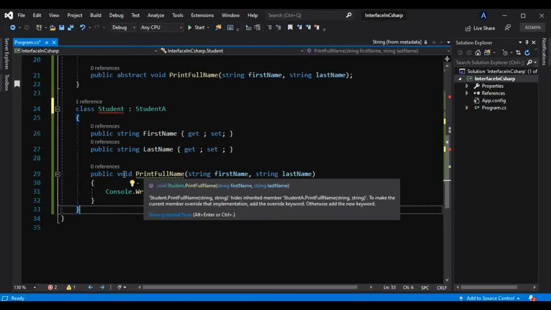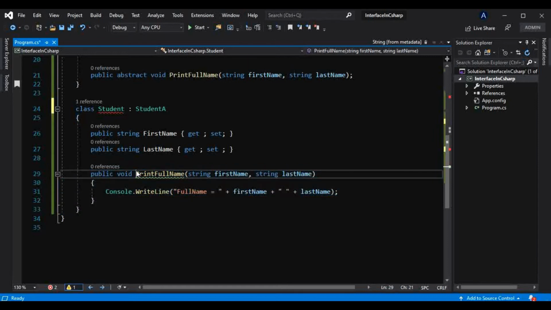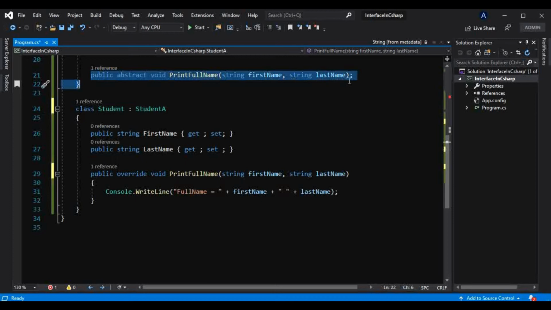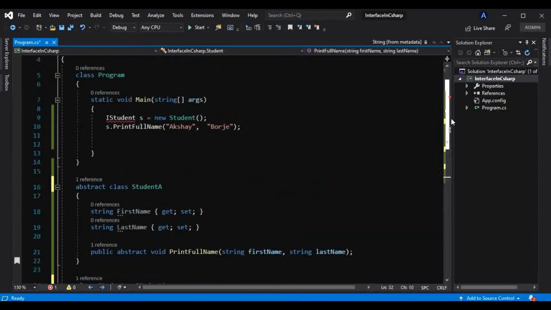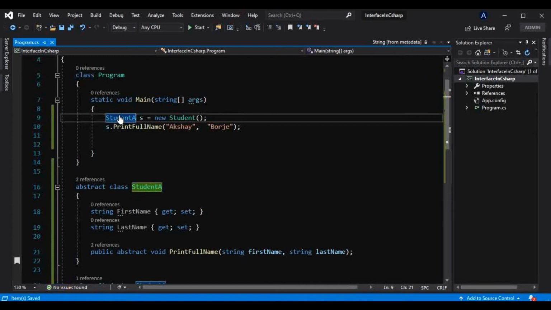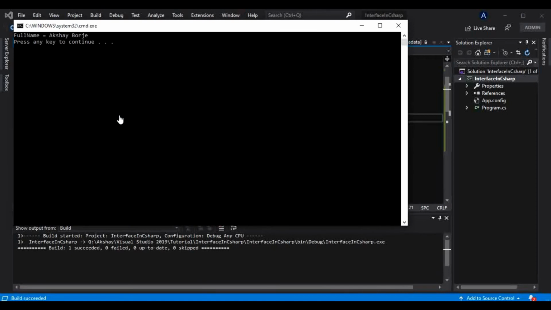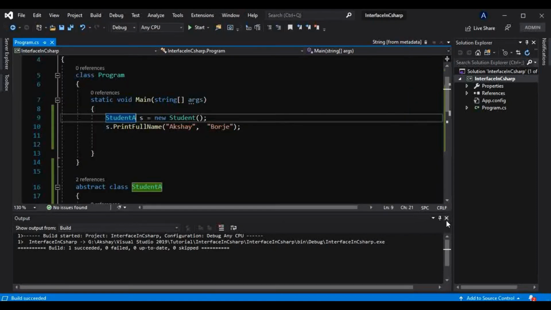At that time I told you, if we create a method with the same name as a base class method, then it will hide the implementation of the base class method. But if we use the override keyword here like this, that error will be gone. So now we are overriding that method, which also provides the implementation for that method here. Now we can do something like this as well, and I can make that StudentA here. So this is also possible, and I will run this. Okay, so it works the same as expected, and works the same as the interface as well.